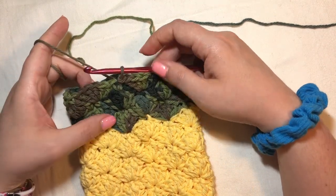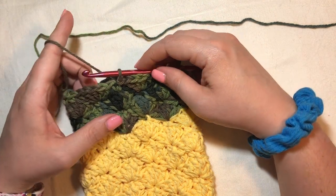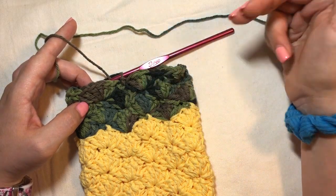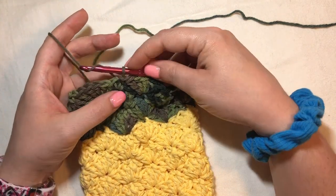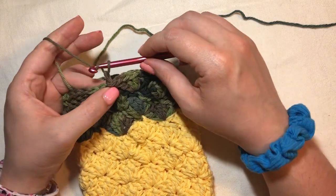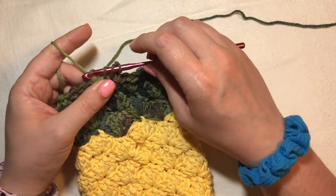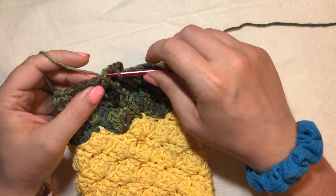Okay, now that we have 4 rows of the green variegated on here, it's starting to look a little bit like a pineapple now. So now what we have to do is even out this rippled edge to make an even row so we can string our tie through there. Okay, so I already slip stitched into the last stitch there, which was a single crochet. I'm going to chain 2. And then in the next stitch here, I'm going to do a half double crochet. So bring 1 through all of that, then a single crochet,